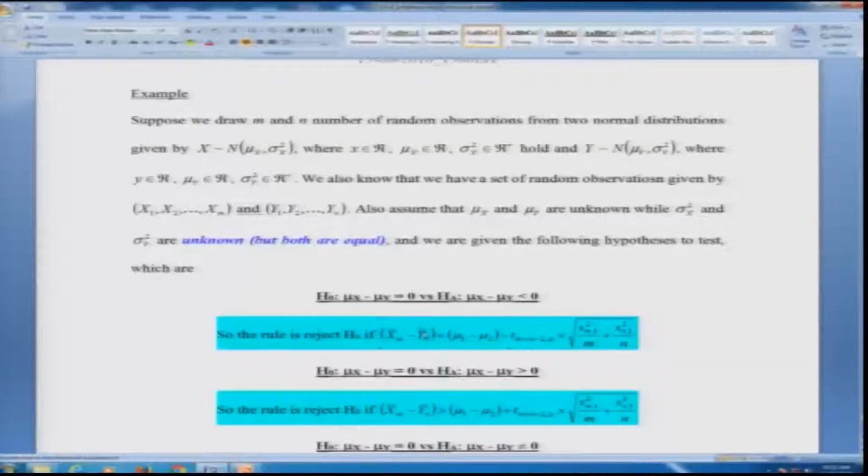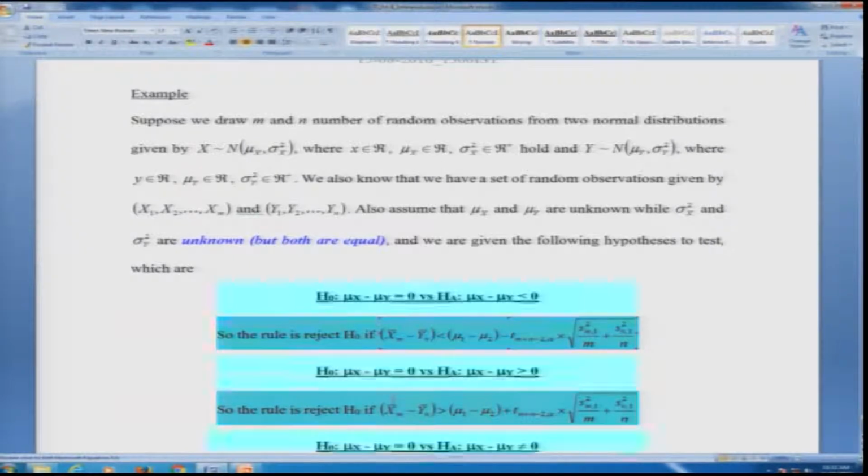So, obviously the rules for the less than type, greater than type and not equal to type are, as I am mentioning, consecutively like this. The difference between the sample means being less than or equal to the difference between the population means minus the t value, where the t value is with suffix m plus n minus 2 comma 1 minus alpha. Alpha would not be any different for the T distribution, because if you remember I did mention this is symmetric, but only the minus sign is coming. So, it will be m plus n minus 2, and actually it is 1 minus alpha